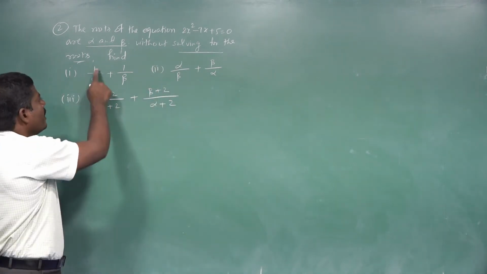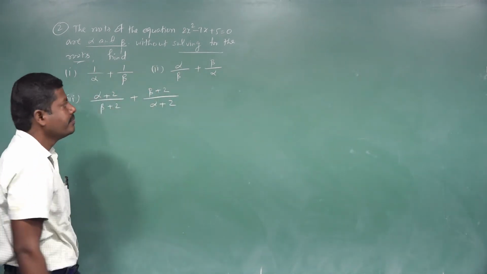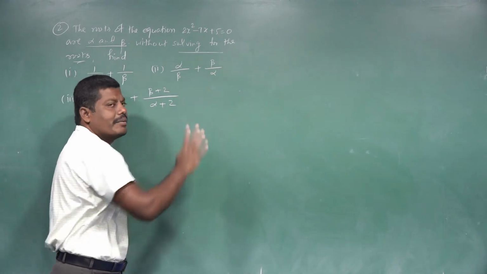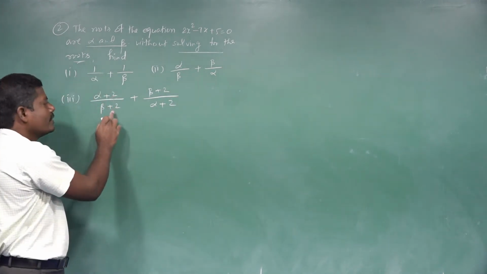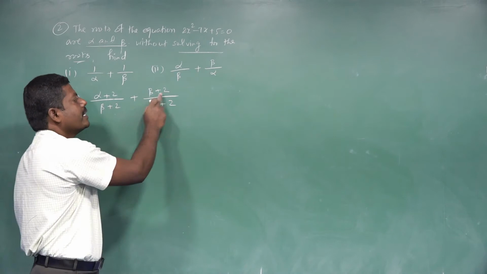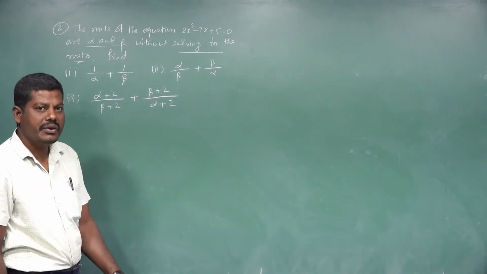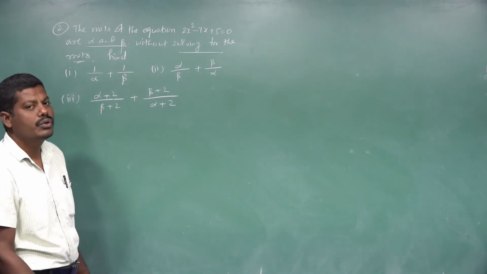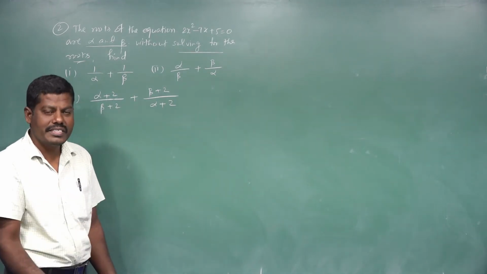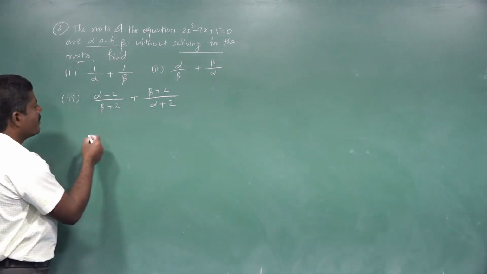We want to find 1/alpha + 1/beta, second one alpha/beta + beta/alpha, third one (alpha+2)/(beta+2) + (beta+2)/(alpha+2). You want to answer these three questions without solving for the roots. You don't find the roots of this quadratic equation. Understand? So now the given quadratic equation is